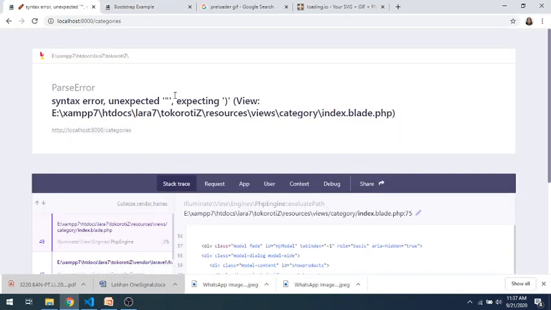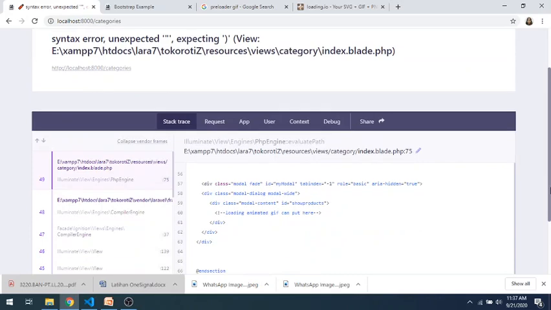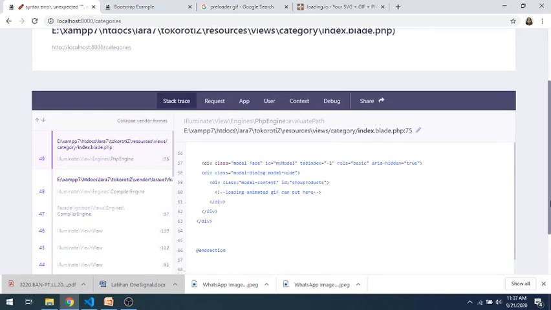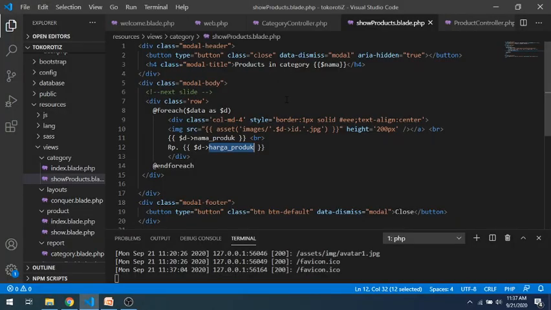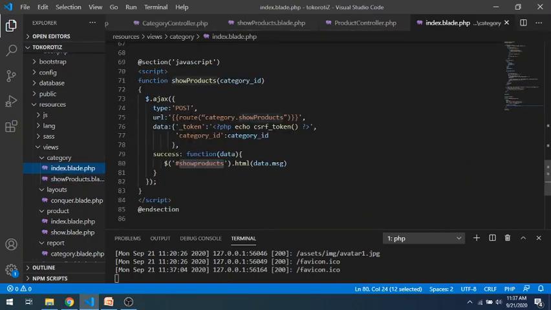Oops. Category index click. Okay. Maybe there's a 75 here. Okay, index split 75 here. There again, we replace the port, replacing our this one.